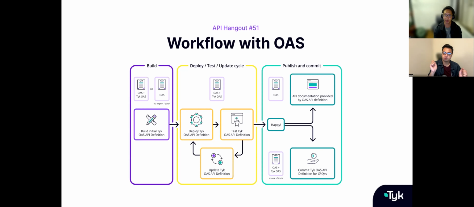So API documentation is provided by OAS, or you have that available in the developer portal, but it equally makes it very easy to commit Tyk OAS definition for GitOps purposes, like I was mentioning before, because OAS and Tyk OAS together, that's making it a single source of truth that can be fed back into the overall pipeline. It can trigger things as new updates are being made, and that works very well with your existing GitOps cycle. So with that, I'm going to hand over to MK to take us through the demo part of this.